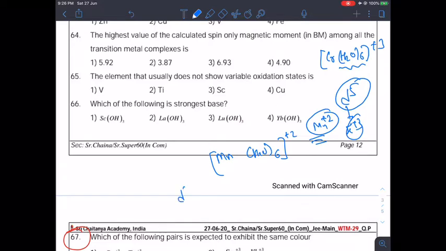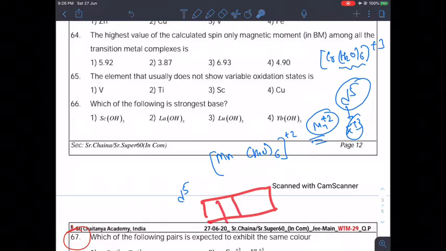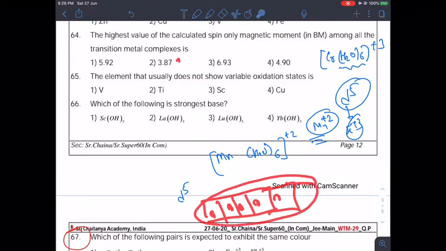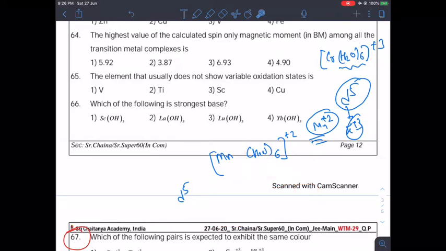Okay, so you will learn in coordination chemistry that this d5 may or may not have 5 unpaired electrons, right? There is a concept of weak and strong field ligands, but right now, for this moment, I will tell you d5 means just put 1 1 1 1 1, because they are asking for the maximum possibility. So yes, with a particular type of ligand we may get this kind of configuration. So maximum 5. If you have 5 unpaired electrons, substitute into the formula square root of n into n plus 2, and you will get the right answer as 5.92.